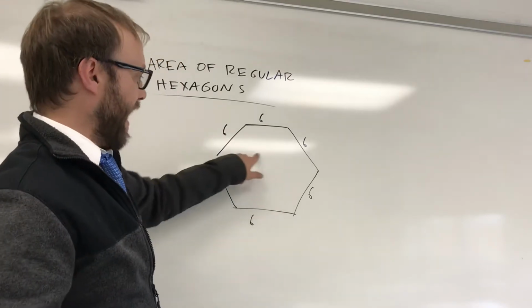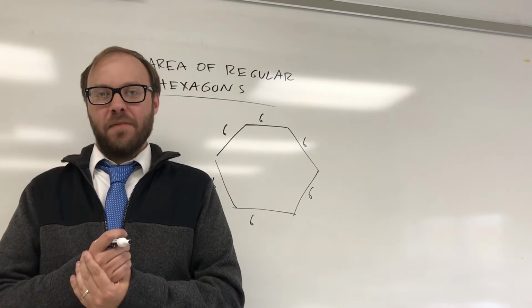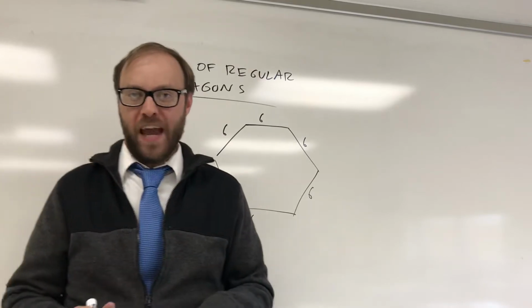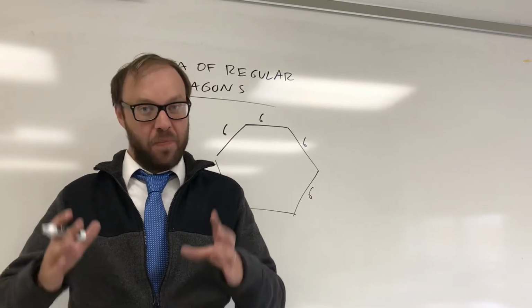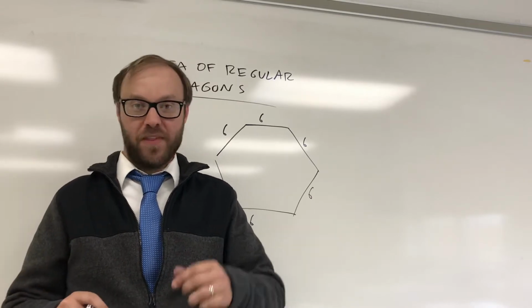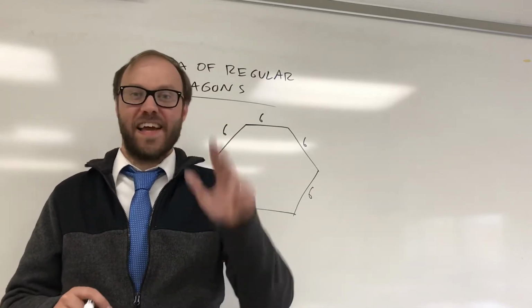So this is a regular hexagon. I would like to find the area of this regular hexagon. And I want angle measures. I hope you remember the angle measures of hexagons. It's a pretty basic fact. You really need to know what the angle measures of regular pentagons, regular hexagons, regular octagons, at least know those